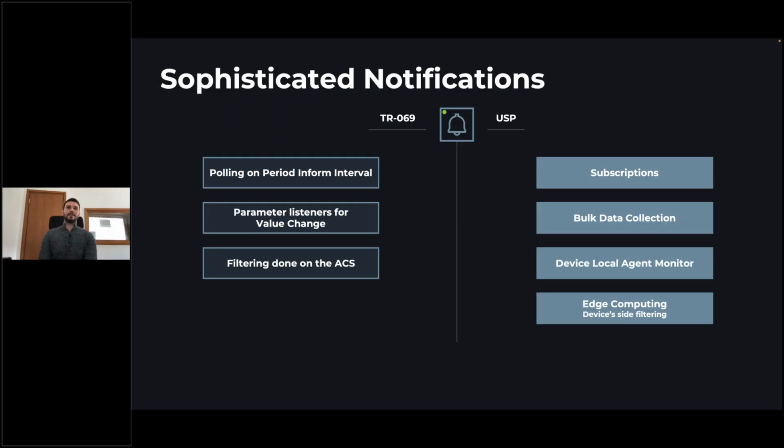Sophisticated notifications. Since the dawn of CPEs, the main focus was the configuration of the device. So you would have a device, you would send it to the customer, and then you would need to configure Wi-Fi, voice over IP, and other services. And I would say when this has been handled, the question was what's next?